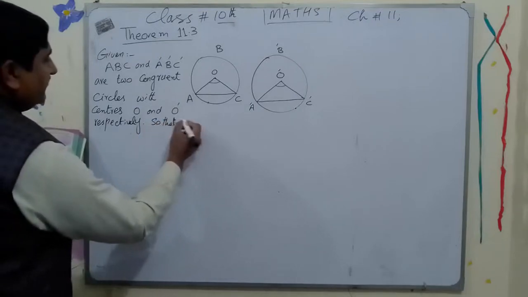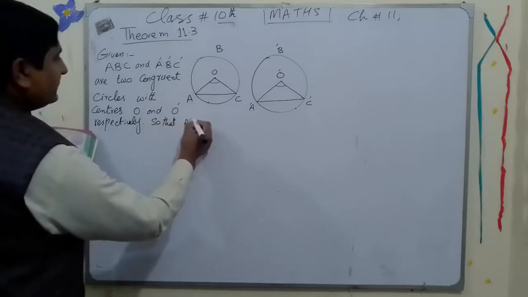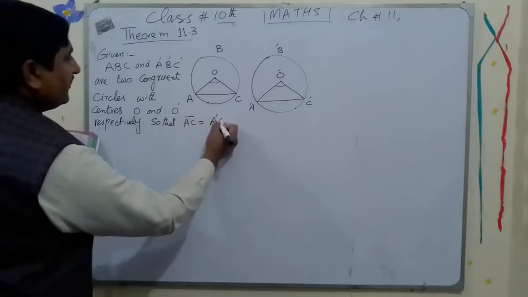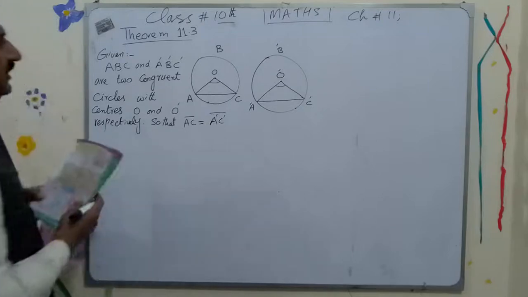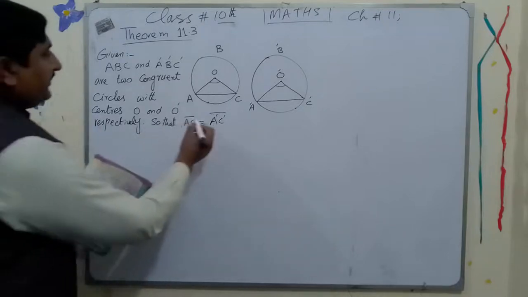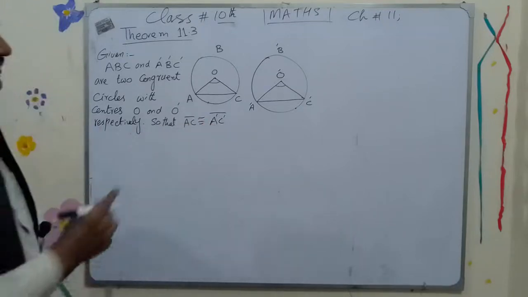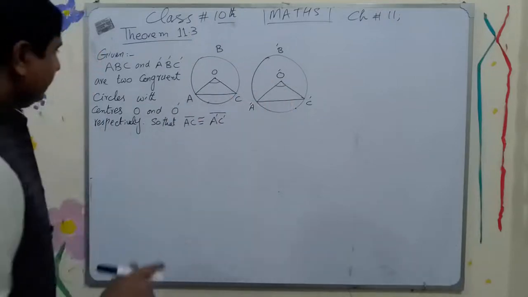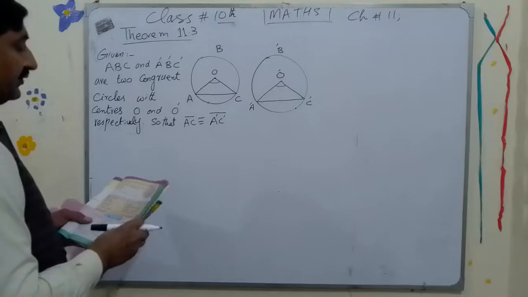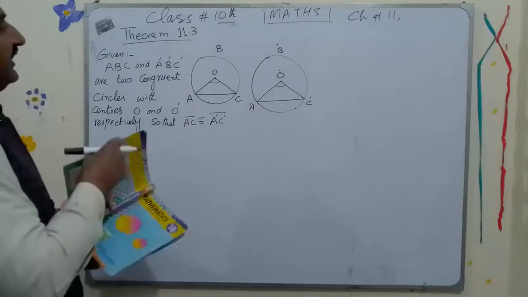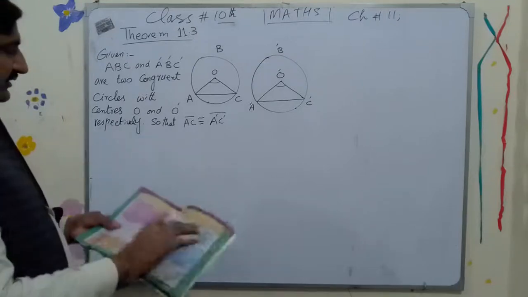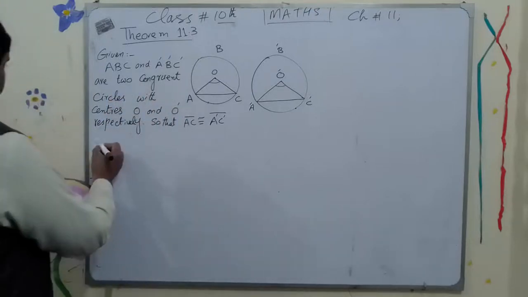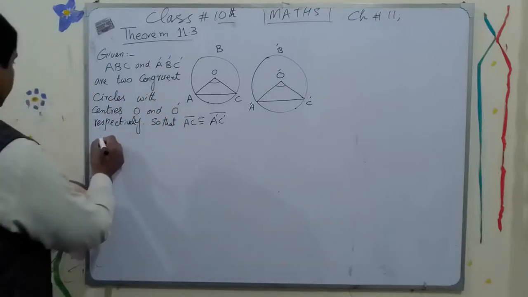What is another thing that is given? The chord AC is equal to the chord A prime C prime; AC is congruent to A prime C prime. This is our given. What do we have to prove? We have to show that the central angle AOC is congruent to A prime O prime C prime. This is basically the converse of Theorem 11.1. So we can say, to prove: